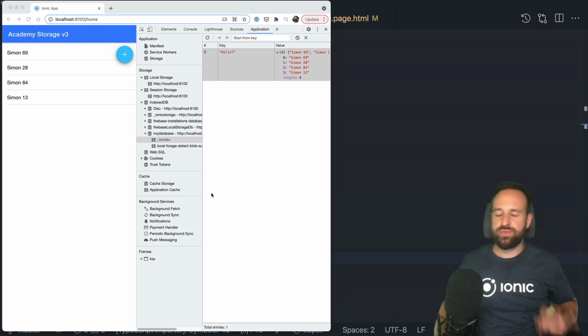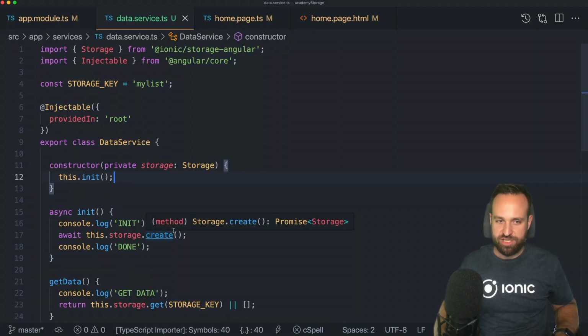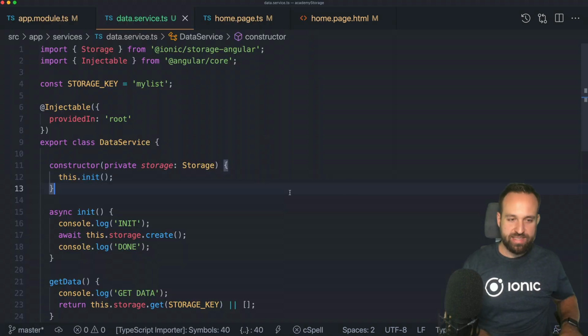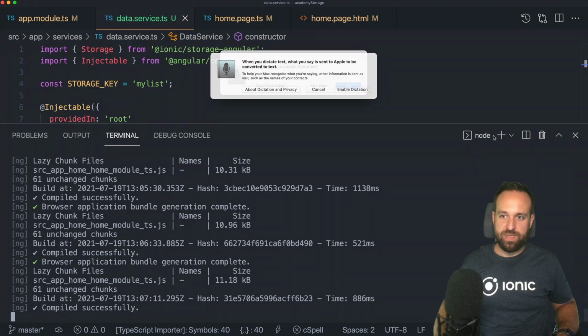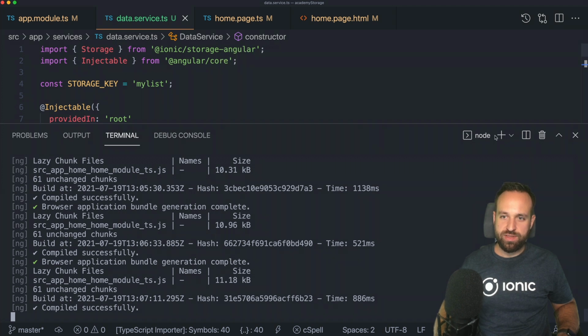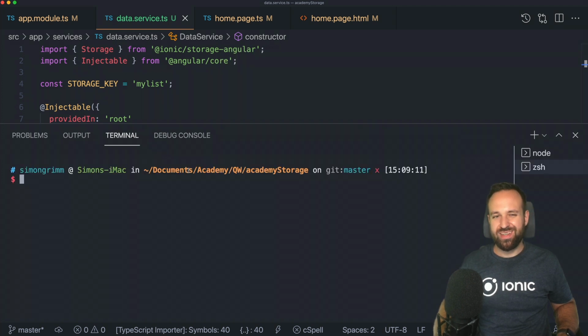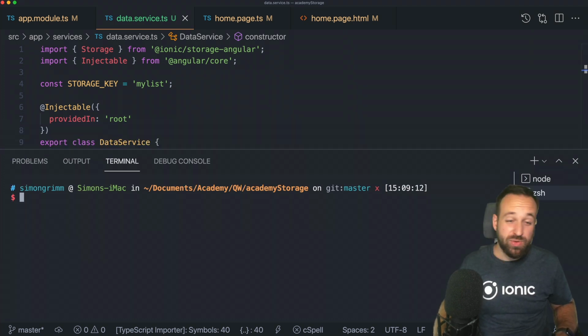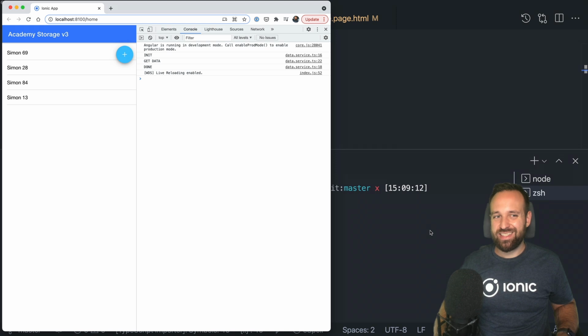But that was only the first part. That's the basic integration and everything works. We don't see any error. That's great. Now let's improve this because I don't want this now. For a device, if you plan to run your application as a native iOS or Android application, you usually don't want to use the IndexedDB, which is the default driver. Instead, you want to use the